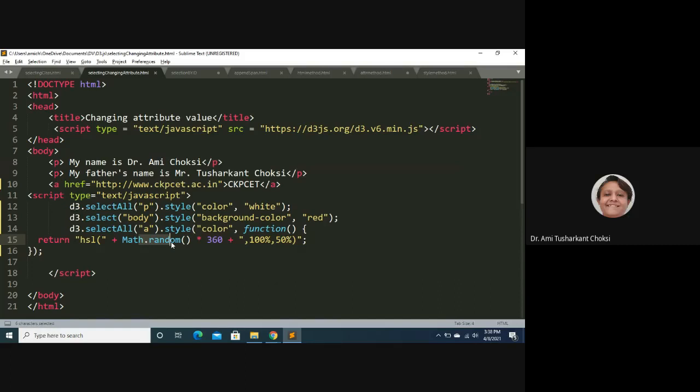Another one is 100% and third one is 50%, right? For HSL, three values we are giving. So now what it does, that is for the color of a tag, it is taking the value which is being returned by this function. Okay, inline function we can say, it is being provided. Fine.